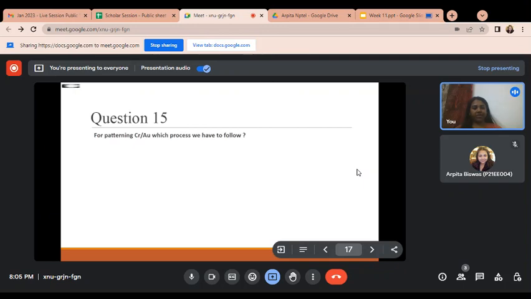So for patterning the chromium and gold, we have to follow the lithography process. First we have to deposit the chromium, then on the chromium we deposit the gold, 20 nanometer of chromium and 200 nanometer of gold. Then we go for the lithography process, and first we coat this chromium gold